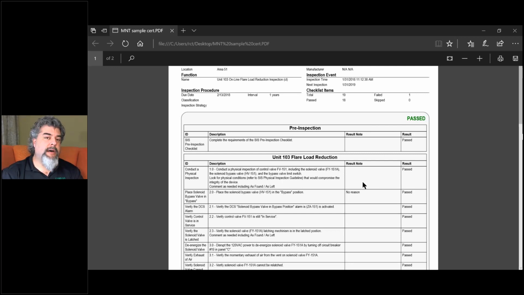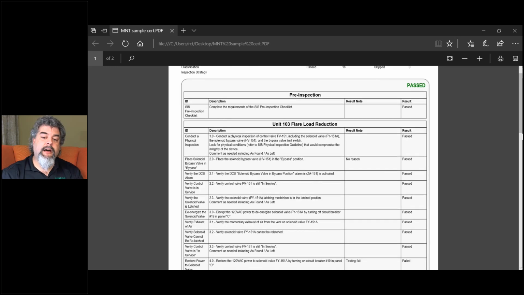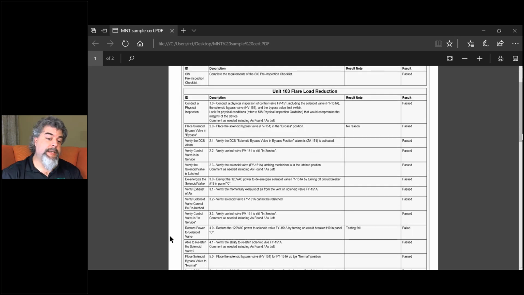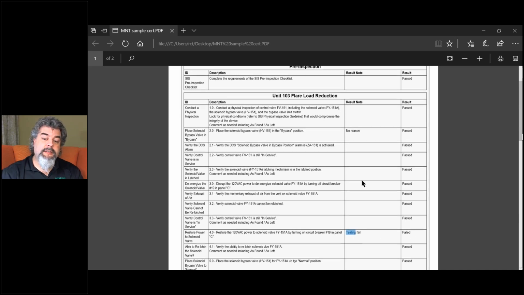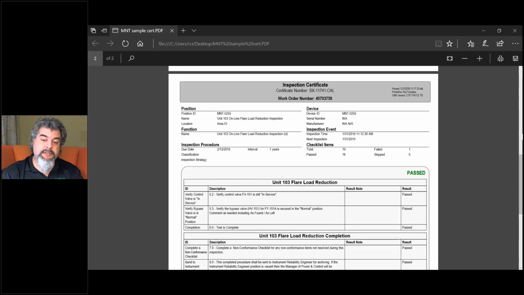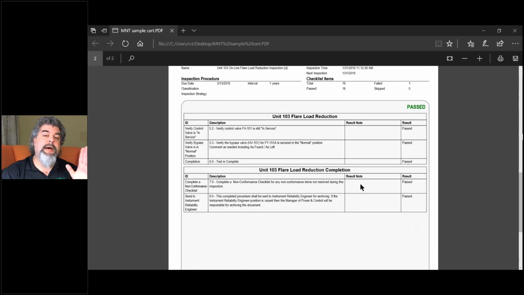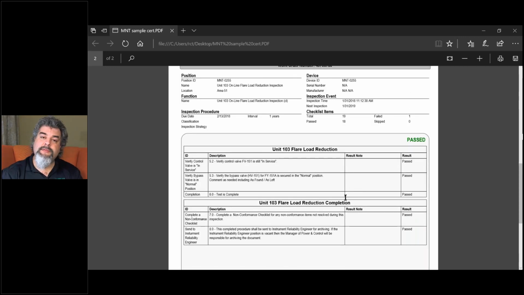Now I would go through here and modify this so I had some color and it was more obvious where I had the failure, because down here on 4.0 I had a failed, and I put in testing fail. And let's see if I had any skip on here. So this is my actual paperwork, and this lives in a database,